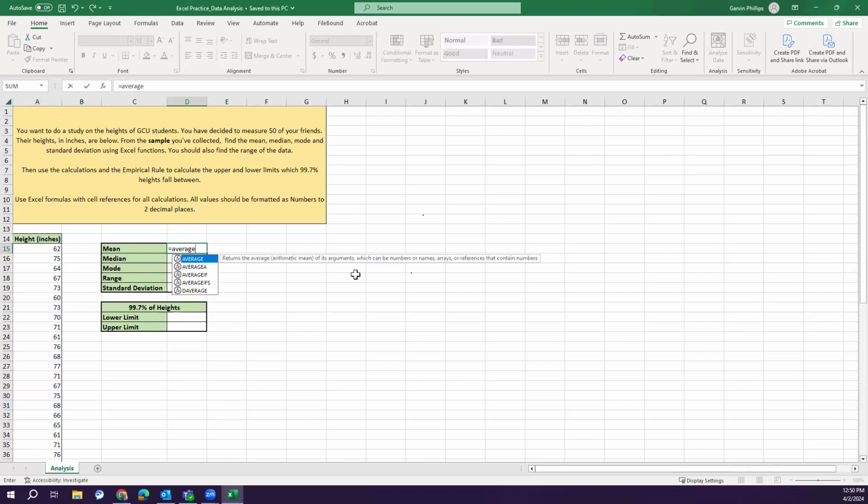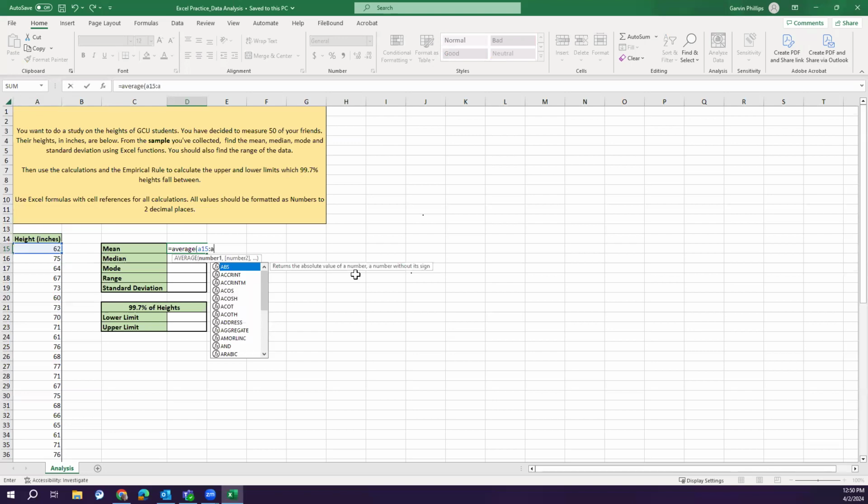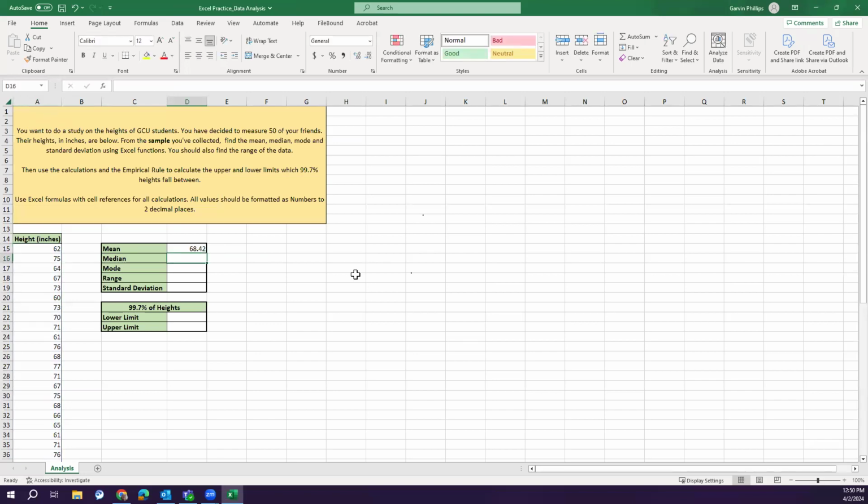You could double click on average. I'm just going to go ahead and type it, put the parenthesis, and I said it was A15 colon A64. Then I close my parenthesis and hit enter. And there we have the mean,